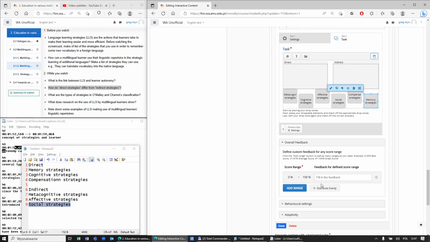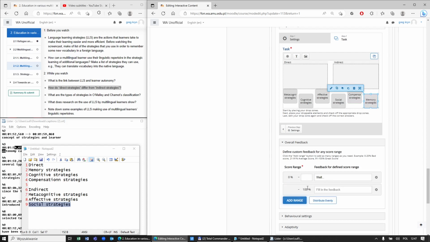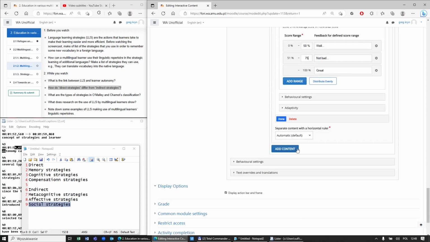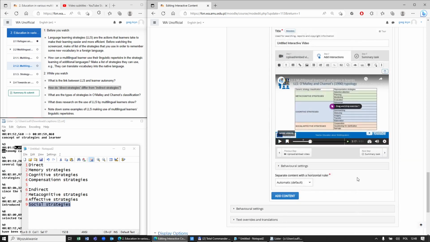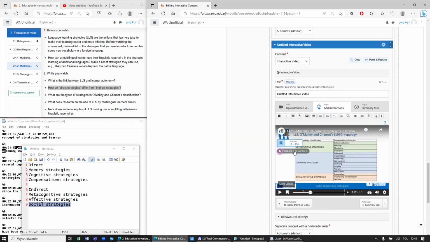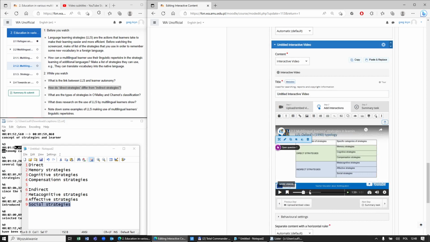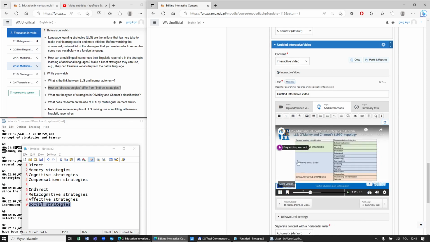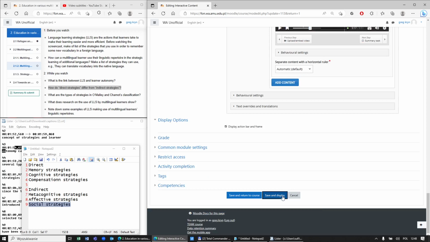Okay, and now let's think about the feedback. The lowest range would be, let's say, 50%, from 50 to 70, and then now we can say done, and let's think of a place for when this question should appear. Let's say it's in the top left corner. Drag and drop exercise 1. Okay, now save and display,